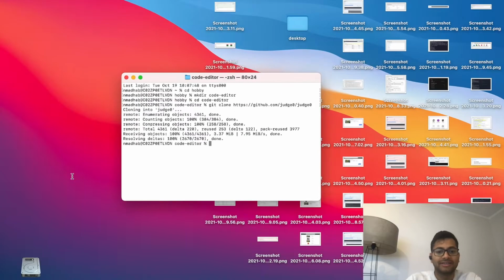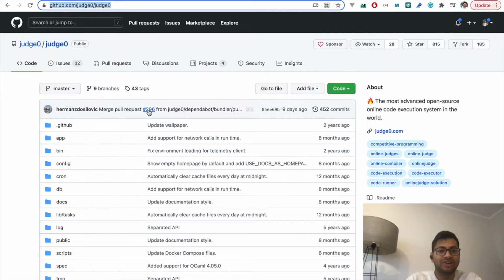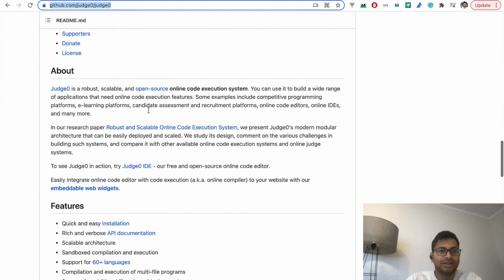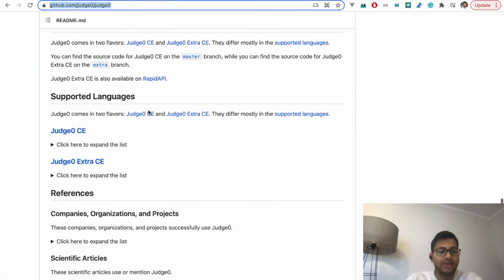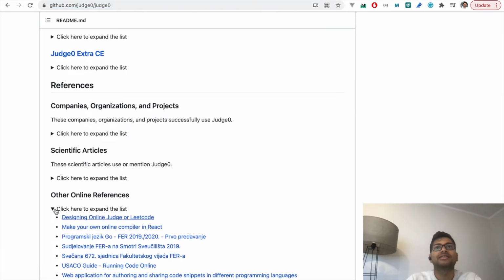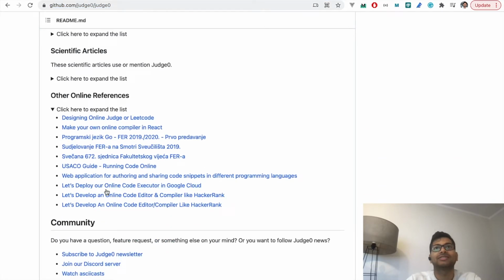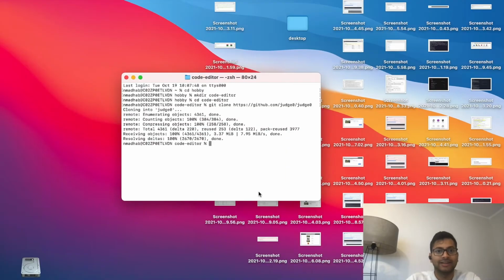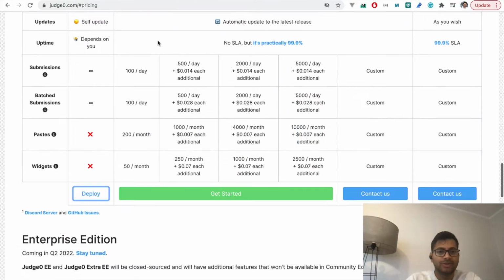It's funny, if you see the documentation on GitHub, you will find that in the references they have my tutorials in the list of tutorials, which I'm really proud of. Thanks Judge0 for listing my tutorials here, and I hope it helps somebody. Okay, so